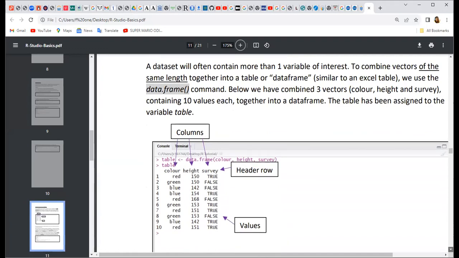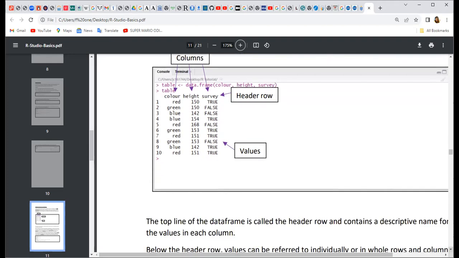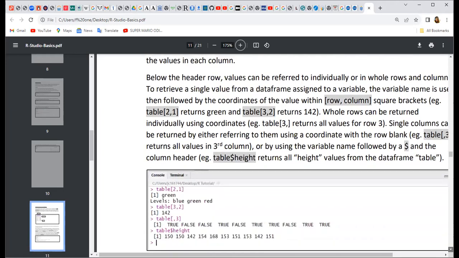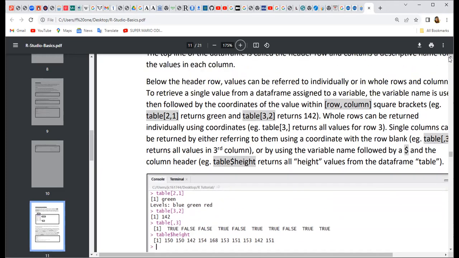If you go within a table on the data frame, you can combine any of the three variables you have constructed. So you will have a header row, different values of the variables, and the three columns which you have constructed. Going on with the other things, the row or the column you can learn with square brackets. If you read the table 2 comma 1, 2 comma means row 2 and column 1. Okay, so it will return green. Why it's going to return